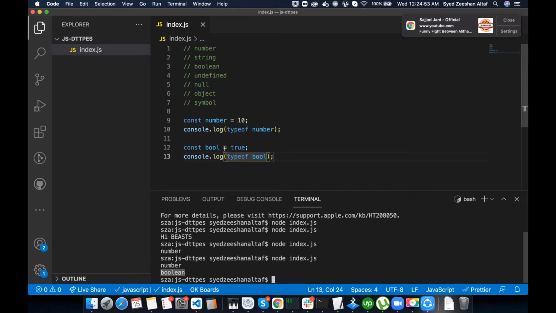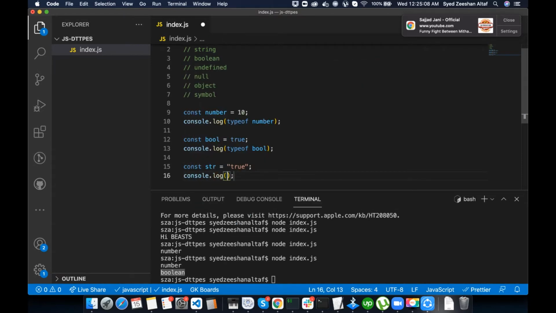So these are the two basic data types that we did. Similarly, if we use a string here, for example, and I change it to a variable named str, and I log it again, the type of that variable would be